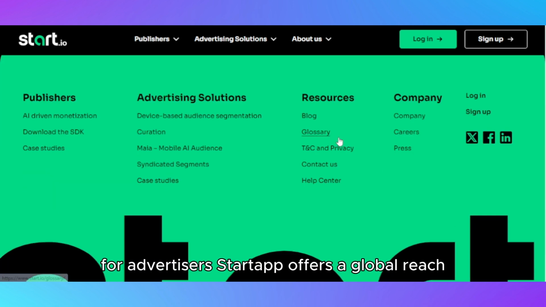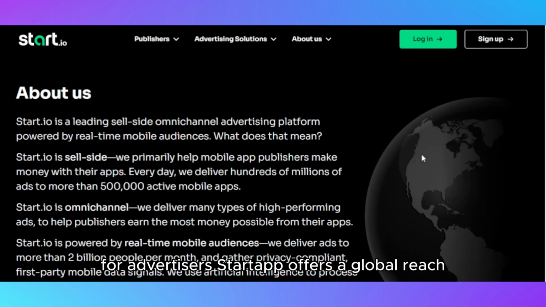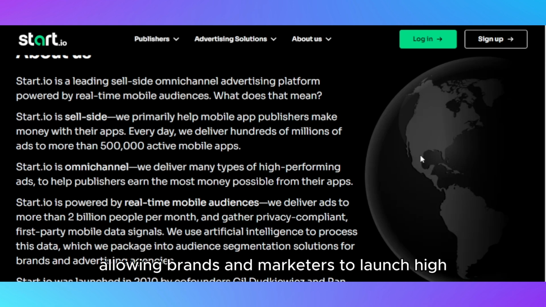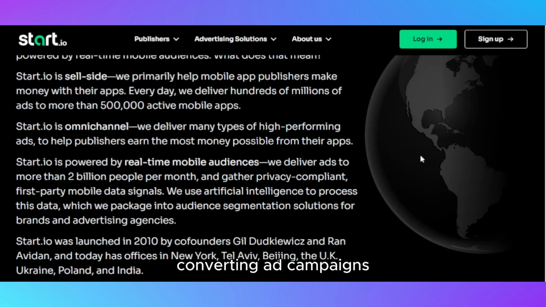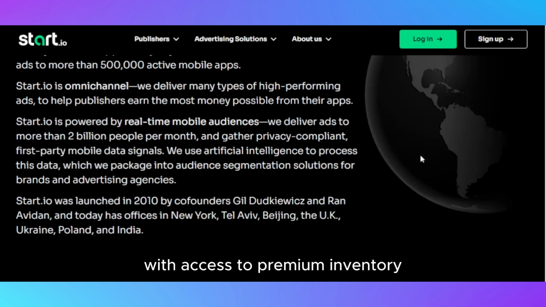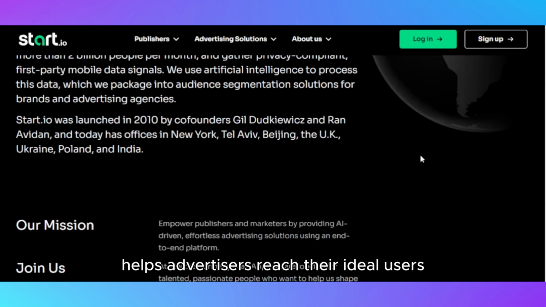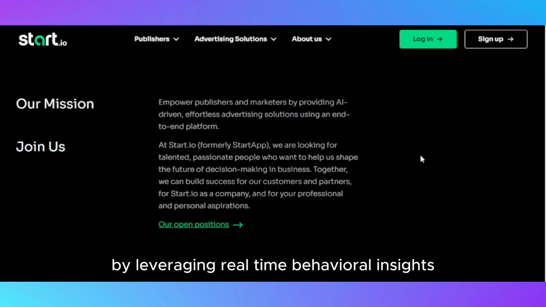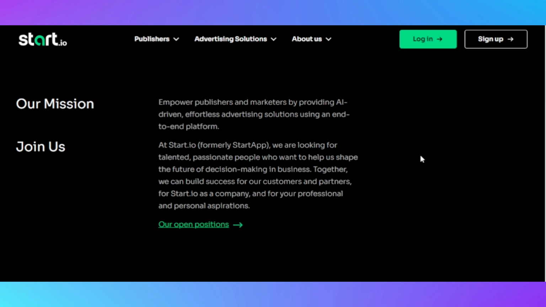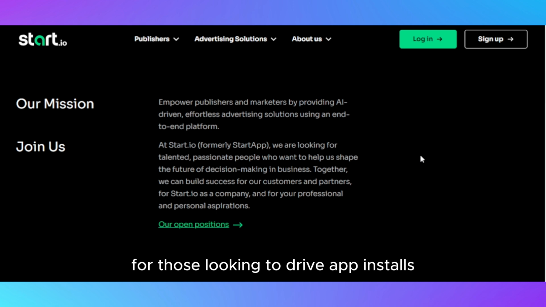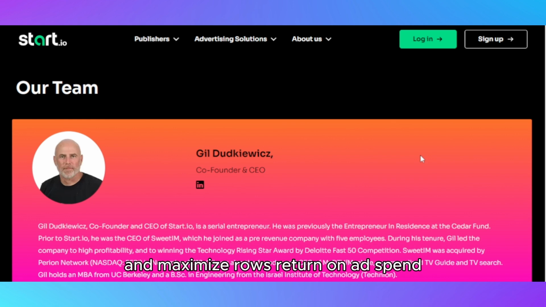For advertisers, StartApp offers a global reach across millions of mobile devices, allowing brands and marketers to launch high-converting ad campaigns with access to premium inventory. The platform's AI-powered audience segmentation helps advertisers reach their ideal users by leveraging real-time behavioral insights and location-based targeting. This makes it a strong choice for those looking to drive app installs, increase user engagement, and maximize ROAS, return